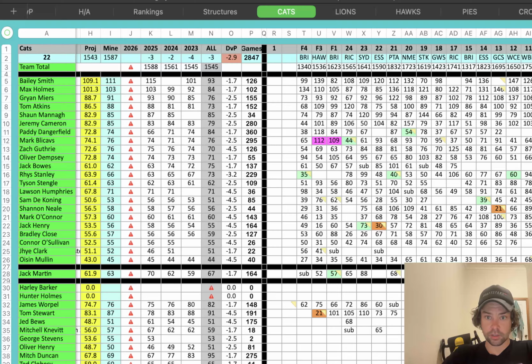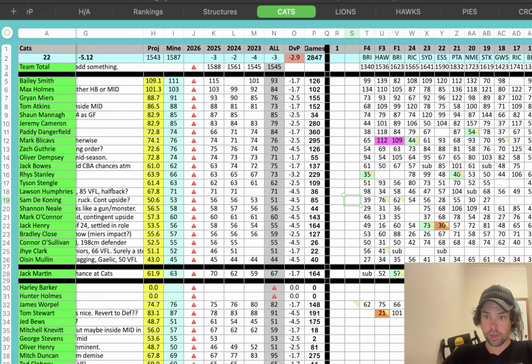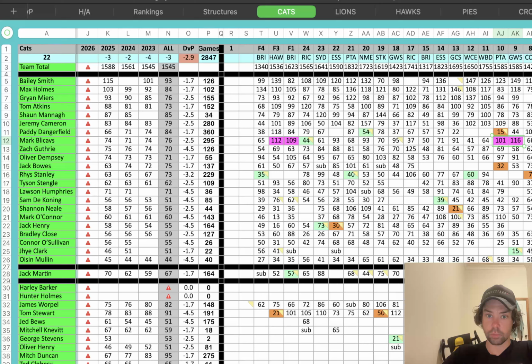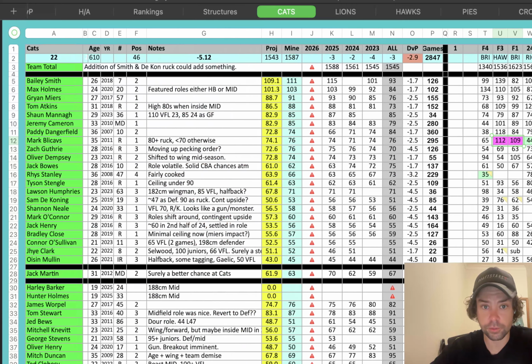Last season, I started making some notes. I don't think those are coming up. You can see the little tab in the corner. When I hover over those, I've got notes that pop up. So this one's about Sam de Koning, tells me the games where he was playing as a ruck. I can go back and I've got some highlighting in purple, which also tells me when they were playing a better role than they usually do, which is often in the ruck, sometimes in the midfield.